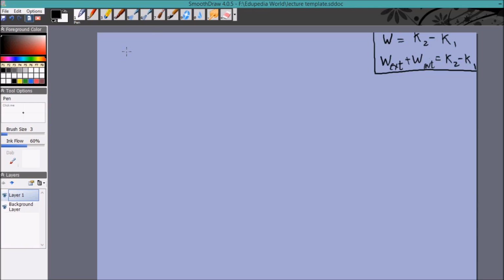W internal is U1 minus U2, because U2 minus U1 was the negative of W internal, right? And if we take W external to be 0, this is equal to K2 minus K1. I'm just deriving it from this result. This result implies this, right? Which means K1 plus U1 equals K2 plus U2. So the result is